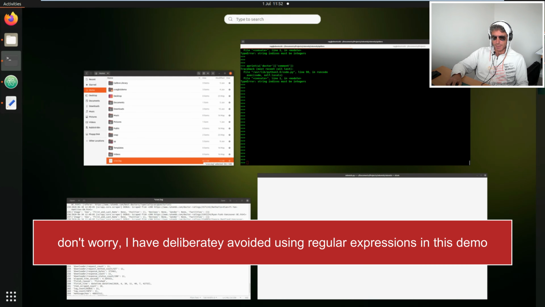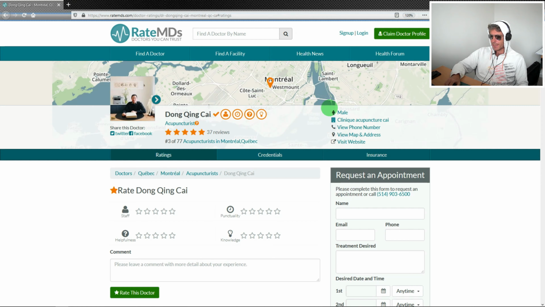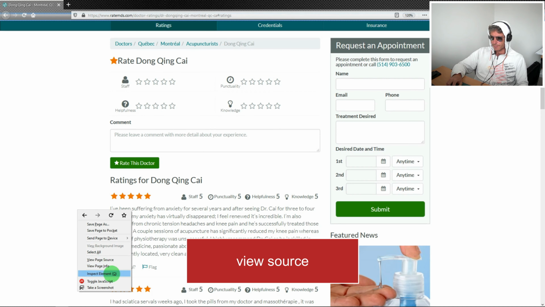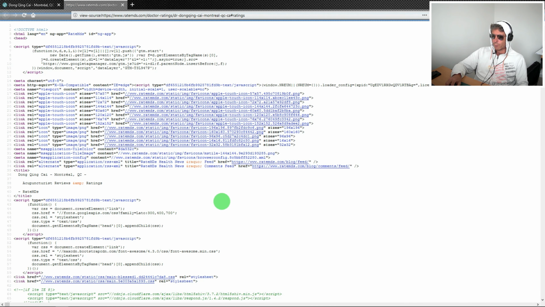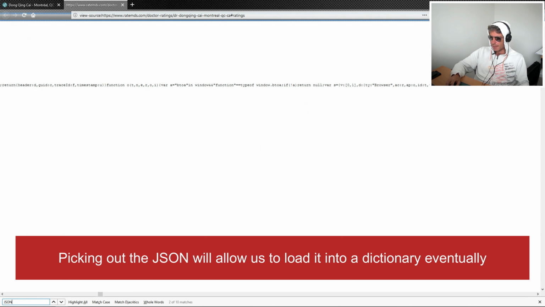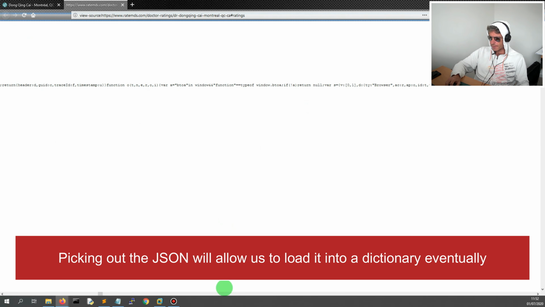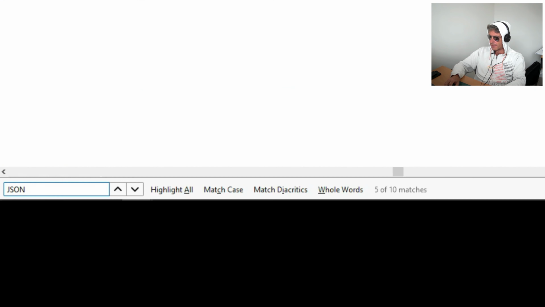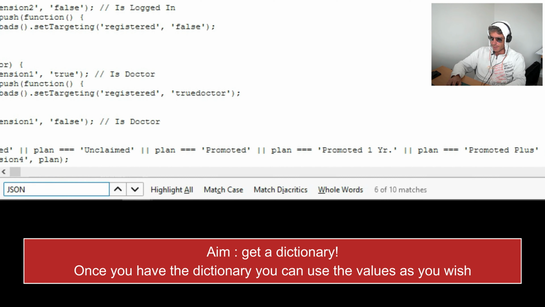We need to identify how we can, let's do view source for the whole page, because what I think we will be able to do is find some JSON. That's the aim. And that's not a very nice way to look at it, but here we go. JSON.